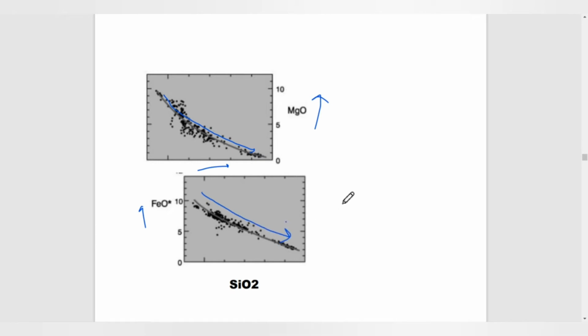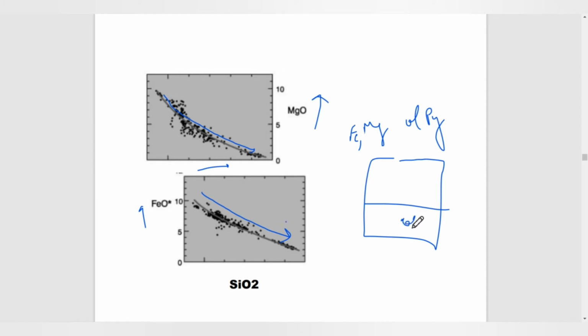Okay, why is it so? Because we have seen that Fe-Mg minerals, or iron-magnesium minerals, which are olivine and pyroxene, crystallize or form first. So what will happen? Olivine and pyroxene will form first. They will settle out or separate out, and in the remaining or residual melt, MgO and FeO concentration will be in a lesser amount, or it will decrease. Similarly, it is shown in this graph for both of them, the same for MgO and FeO.